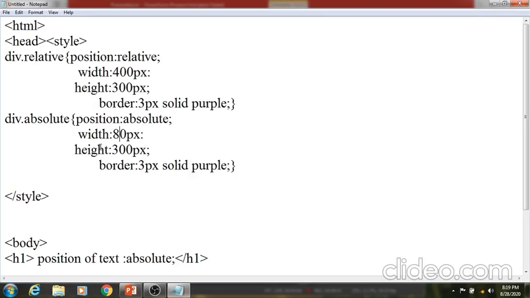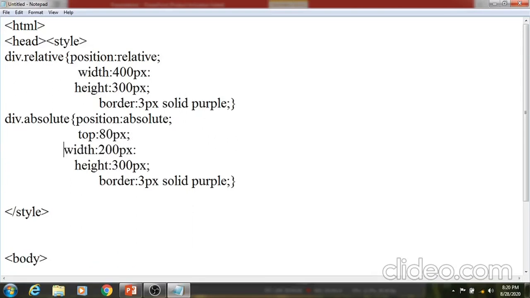For example, I am going to add the width, 200 pixels, and for example the top property, 80 pixels. Then we have the height and width. Again with this we can have some properties.